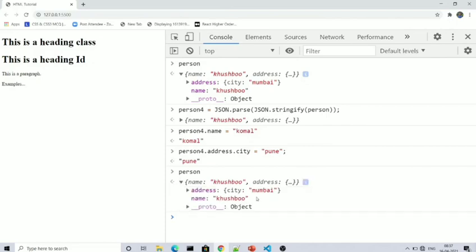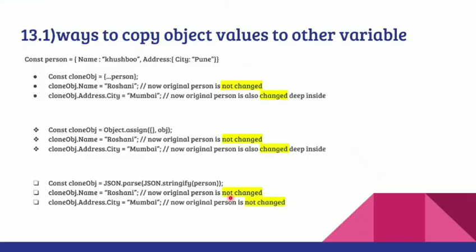Yes, this time the person object's address city is not changed at all. So whenever we use JSON.stringify and then JSON.parse, it first converts the person object to a string using JSON.stringify. Then using JSON.parse, it converts that string back to an object.